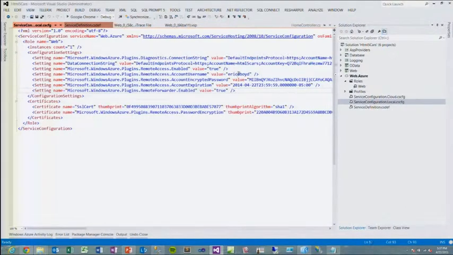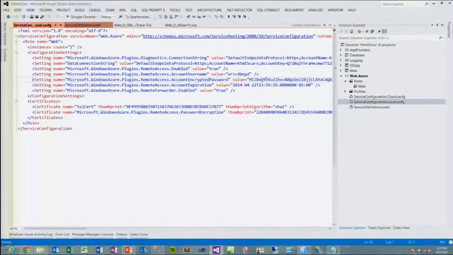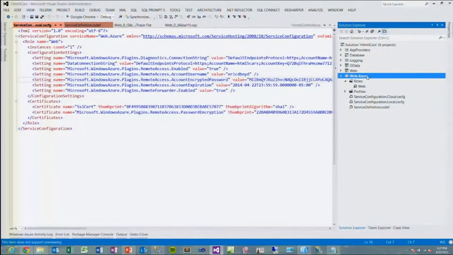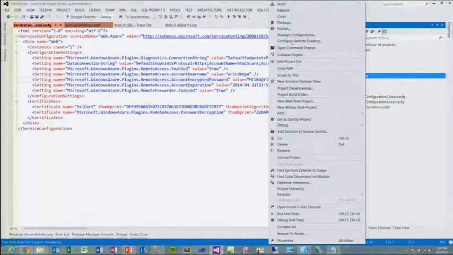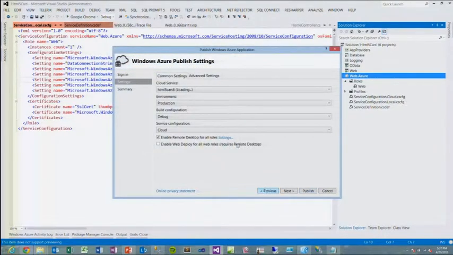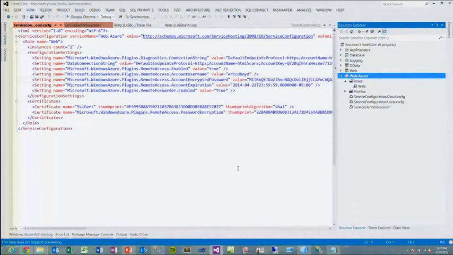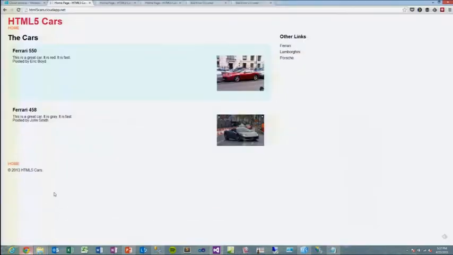And so I have a username, I have an encrypted password, I've provided a password during that wizard, and so if I go back to that, and I click settings here, you'll see I can choose the password and the username and when this account should expire. So if I go publish that and connect in,